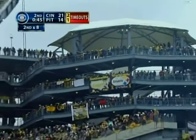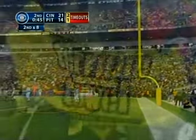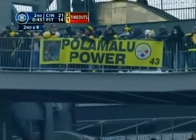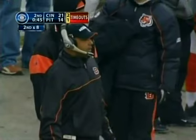Heinz Field capacity: 64,450 on this gray, cold day. Temperature right around freezing. It might be gray and it might be cold, Dick, but it's perfect. It is indeed. I couldn't agree more. I know you love it. Colder the better. Hey, it's December. It's got to be, and it's Pittsburgh, and it's